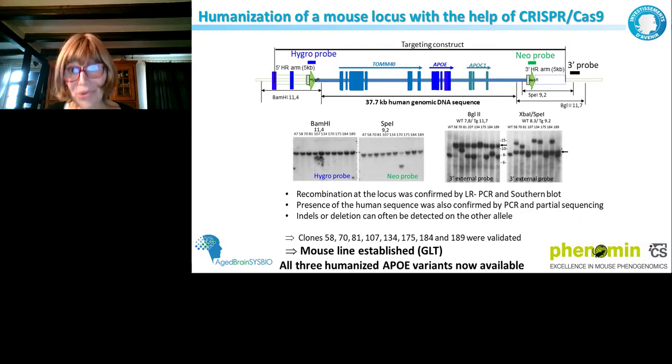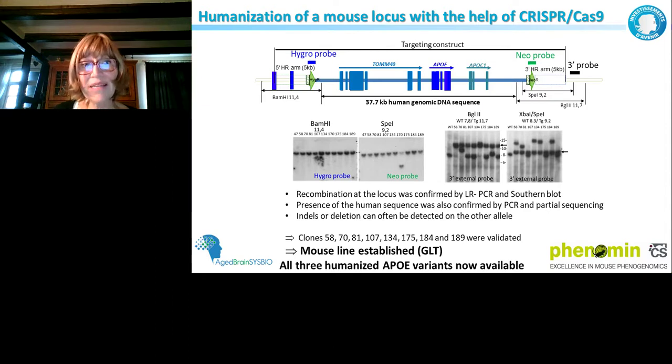You could see that in most of the cases, we had only one band, which is nice. I want to show you here a plot where, with a little arrow, you can see the expected band, but also what is sometimes disturbing when you work with CRISPR on ES cells: you can also see that the wild-type allele can move, because you can delete completely the wild-type allele, and you can generate the deletion of the whole part on the other allele, even if the targeted allele is correct. But when we see the correct targeted allele, we don't care about the wild-type allele. And that's very important also when you analyze ES cell clones that are issued from CRISPR Cas9 electroporation.